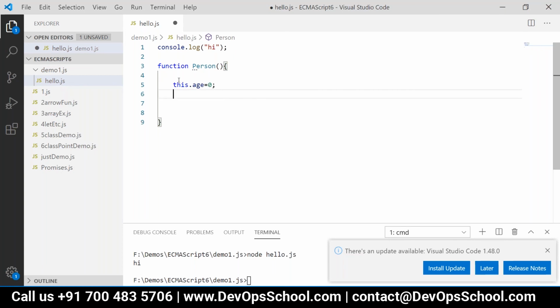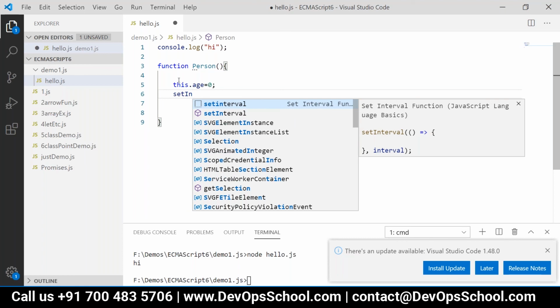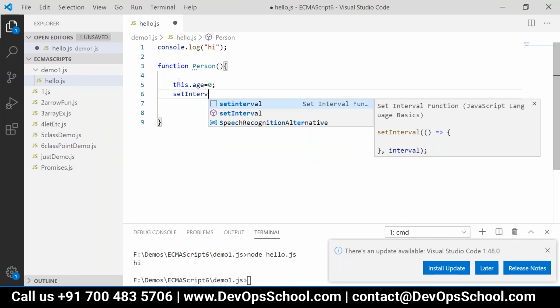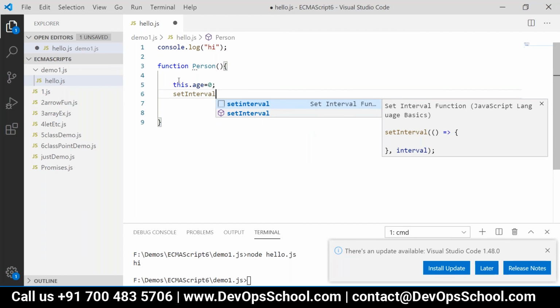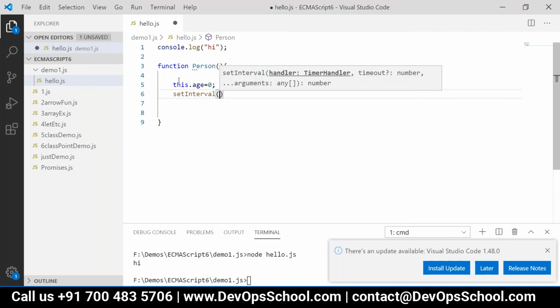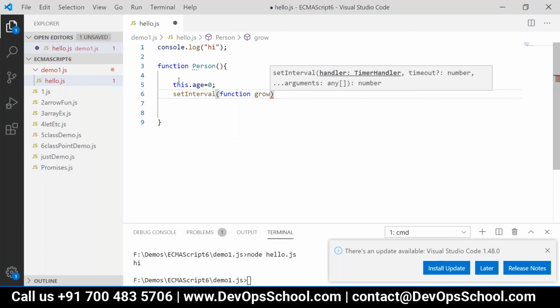Suppose, let's make a function grow up maybe, where we want to increment the age.